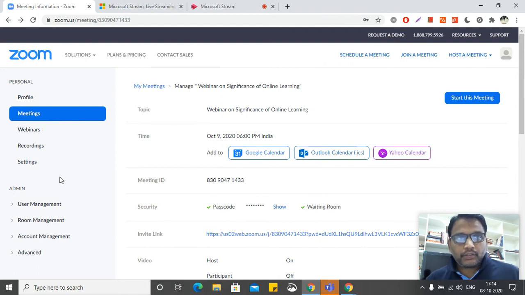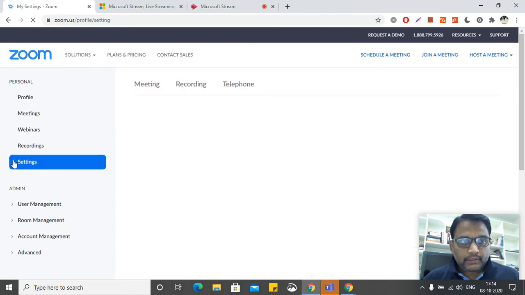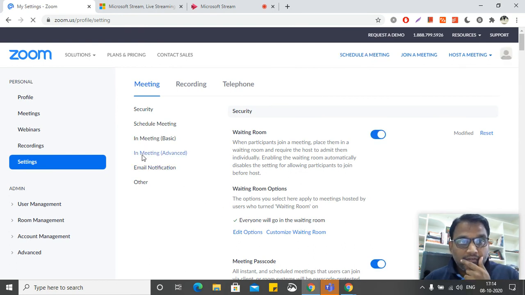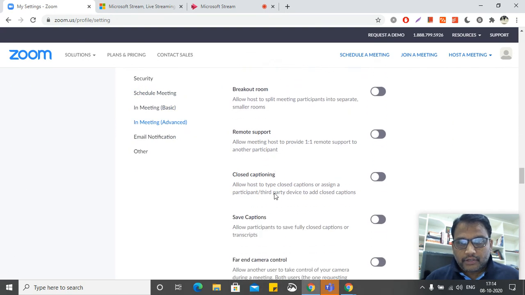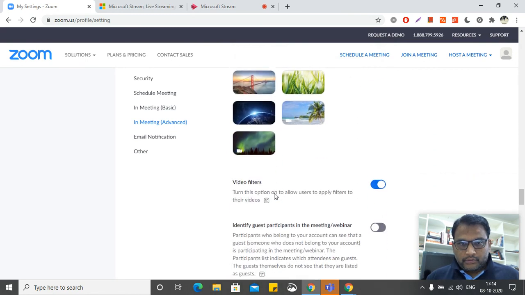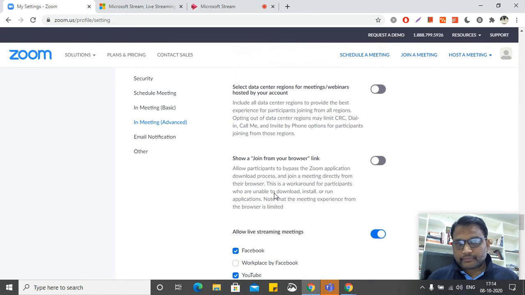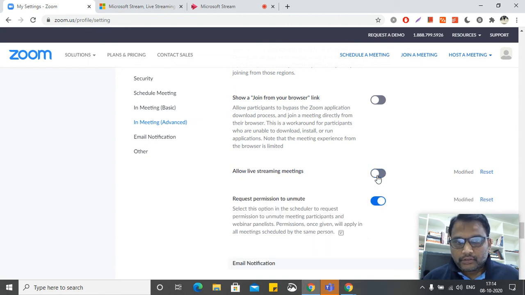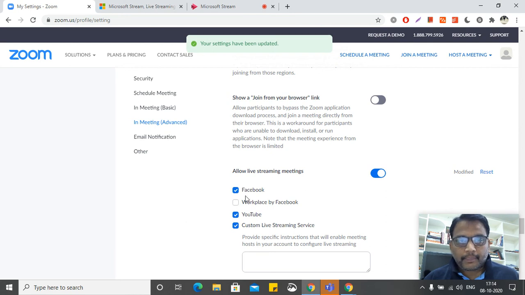How do you make sure whether your respective Zoom account has been activated with the live streaming option or not? Go to settings on the left pane. Tap on advanced, in meeting advanced here. It brings you all the way down where you can find live streaming meetings. I have turned this push button on. If it is off, turn it on and activate all these options.